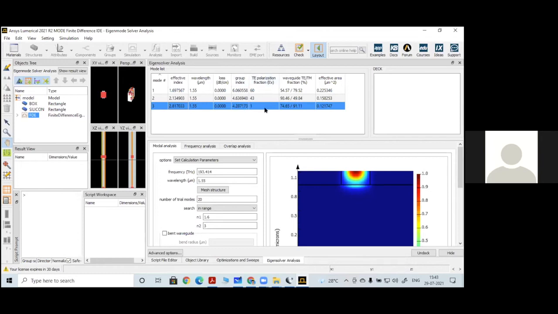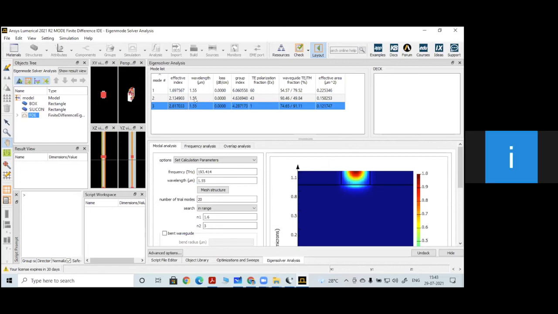And it is the TE polarization factor, where the TE to TM ratio is mentioned, and it is the effective area. Whenever you want to calculate the power, we have to multiply the power density with the respective mode area. This mode area, the unit will be square micrometers, because it is X into Z, along the X side we are finding this mode. Now you can see that the height is less. That's why you can see one single mode confinement here.